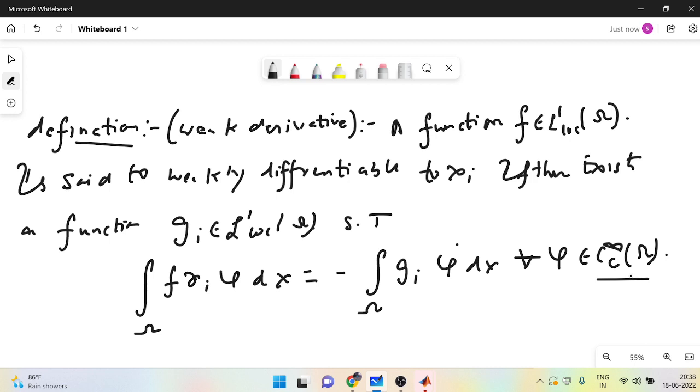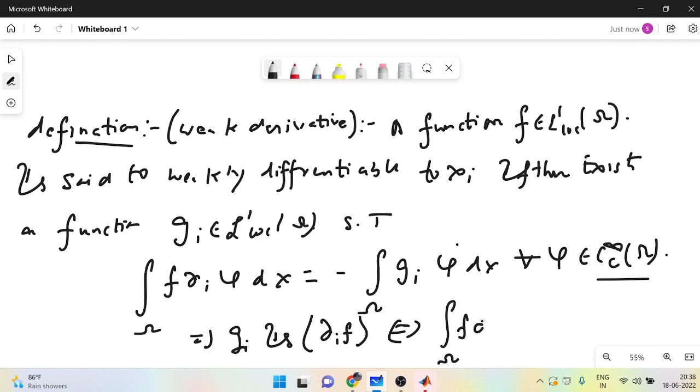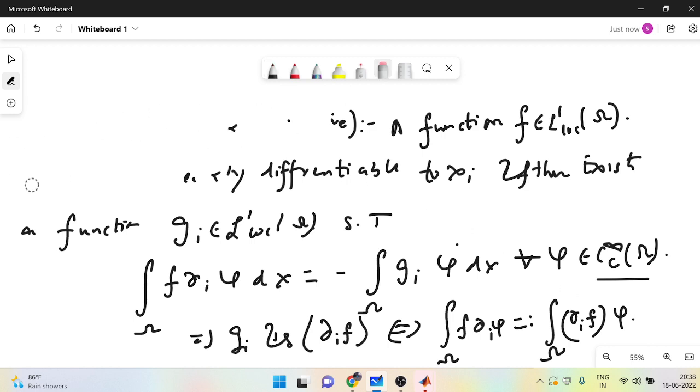So if this is satisfied, then g_i is the weak derivative, denoted by ∂_i f. So g_i is the ith weak partial derivative of f, and it is denoted by ∂_i f. This is basically equivalently written as the integral over Ω of f ∂_i φ dx equals minus the integral over Ω of ∂_i f φ dx. Similarly we can extend this to